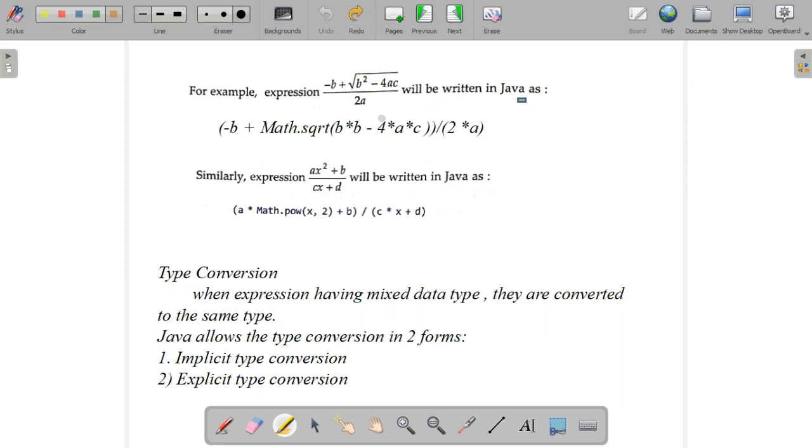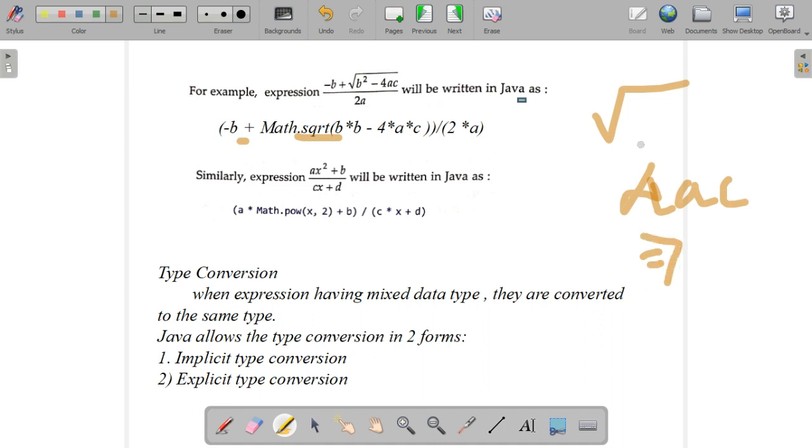So how we can write minus b plus Math.sqrt of b square. b square is a simple one, so we can write b into b. For example, b power 12 means, again you have to use another method, Math.pow of b comma 12, like that you have to write. So minus b plus Math.sqrt of b into b minus 4 into a into c. Yes, 4ac, you know, these are the products.